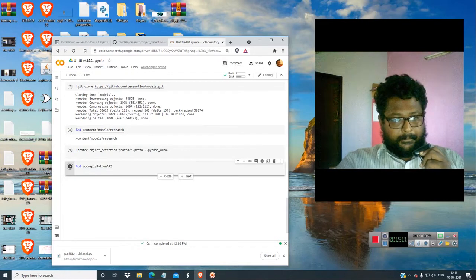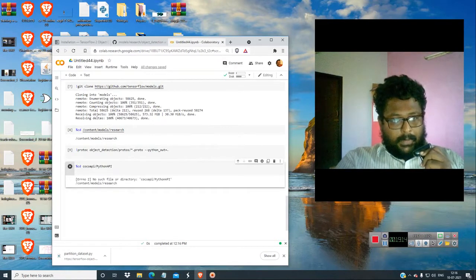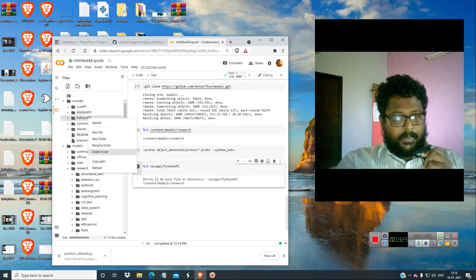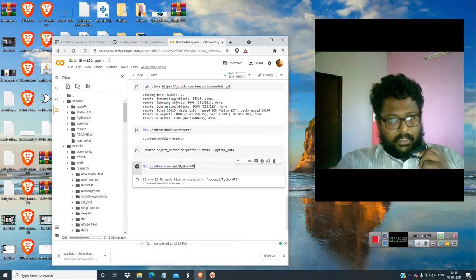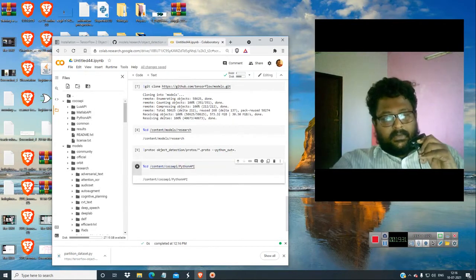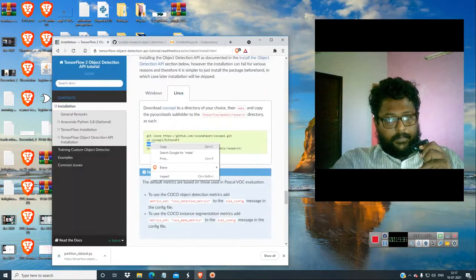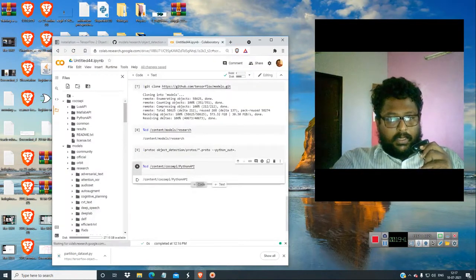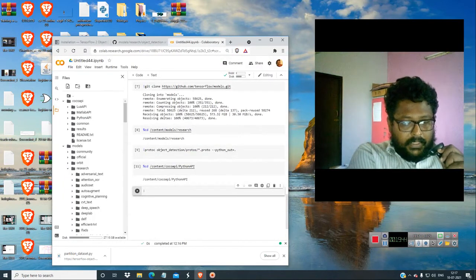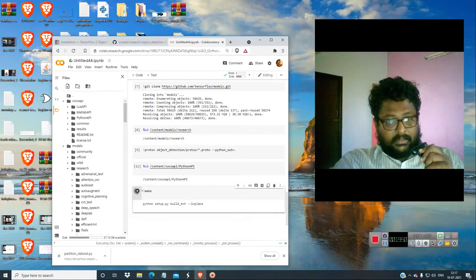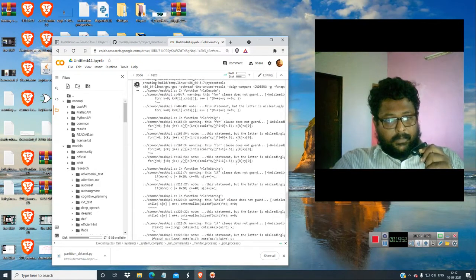You have to get to cocoapi and PythonAPI, copy the path and just paste it. So there will be lots of code given by TensorFlow. The reason we are using TensorFlow is that it is very useful, because even the Google Coral board and everything in future will be supported, and you will not get any support for other boards. Okay, now we have to make it. Okay, that's it.